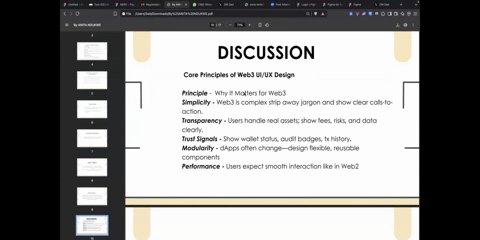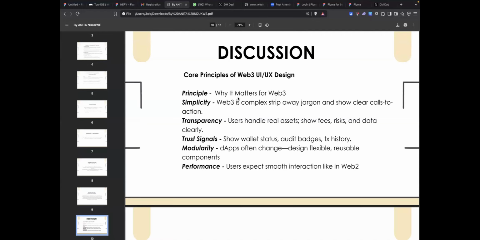I think I was saying earlier that you should actually read some books. A lot of designers don't read, but you have to read because you have to understand the principles. When I started, I told my mentor I wasn't getting the design thing. He told me to first leave the design and read, to understand what I am seeing, the colors and everything. So these are the principles of design: